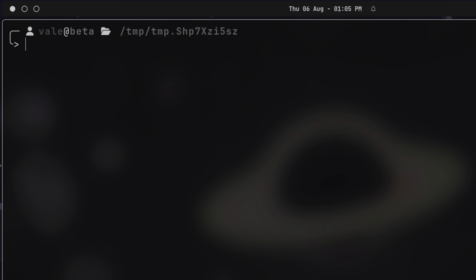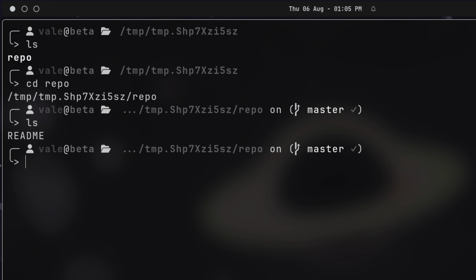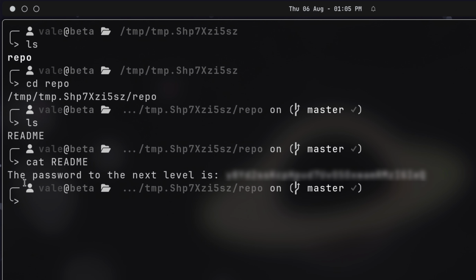Now that we have the screen clear, let's use ls, and in here we can find our repo folder. Let's try to access it, and let's use ls again, and here is a readme file. Let's use cat readme file and enter, and here it says that the password to the next level is,